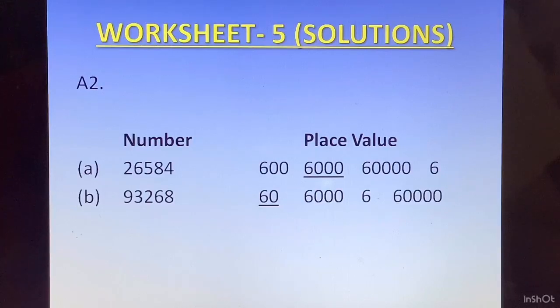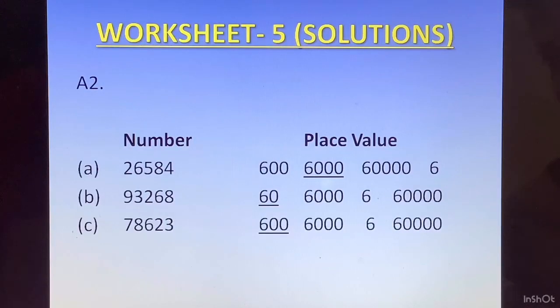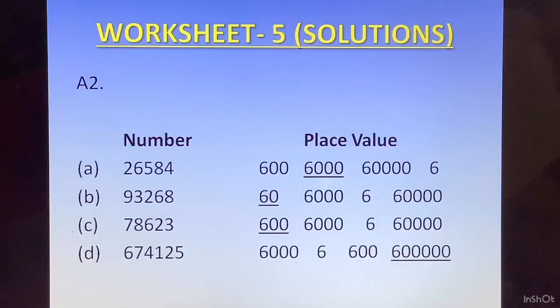Now the third one, 6 is at the hundreds place. So the two digits after 6, we will convert it and get the answer. Here again, we'll take the 6 and everything on the right of it, we will convert it into 0. So 6 will be followed by 5 zeros.